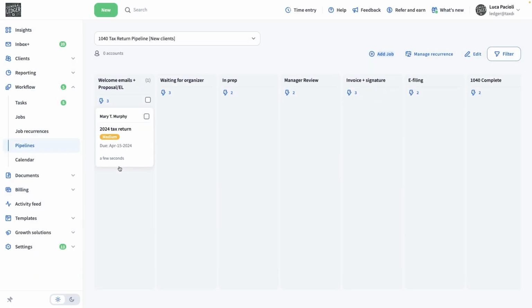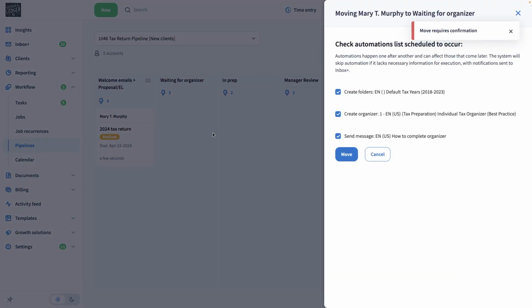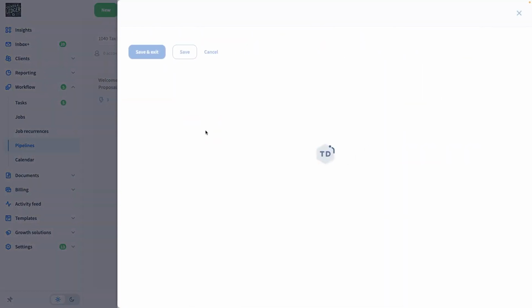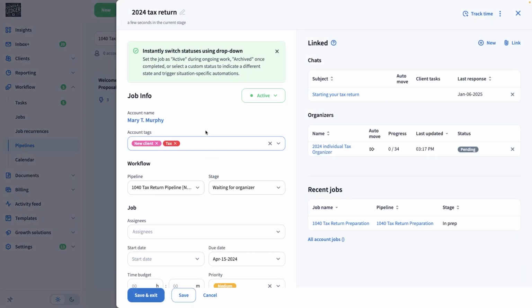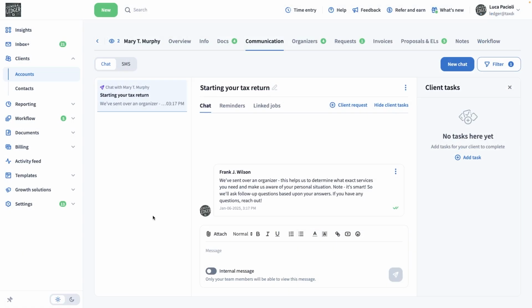So I'll drag one of these jobs into a stage that has message automation, and then I'll make sure not to uncheck the box next to it in this menu before proceeding. Now, if I check the linked elements in this job, I will see a new message here. If I click on it, it will redirect me to the Client Accounts Messages tab, or more precisely, this specific